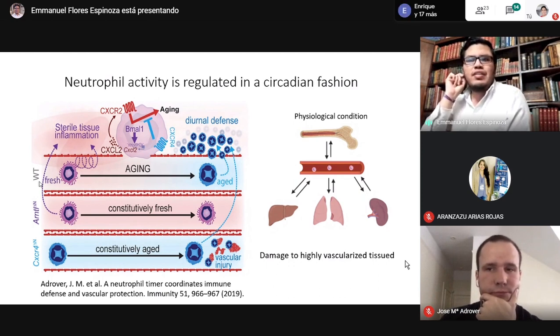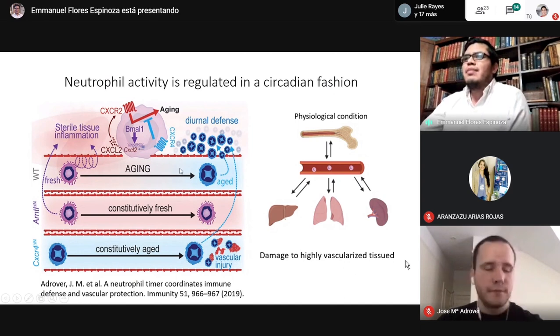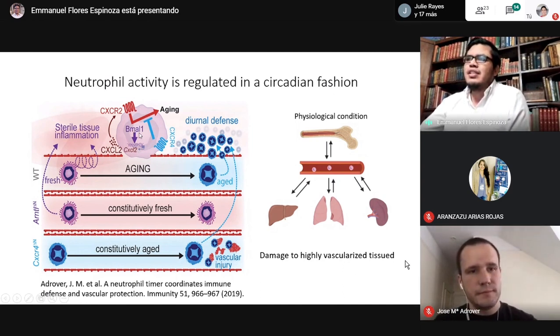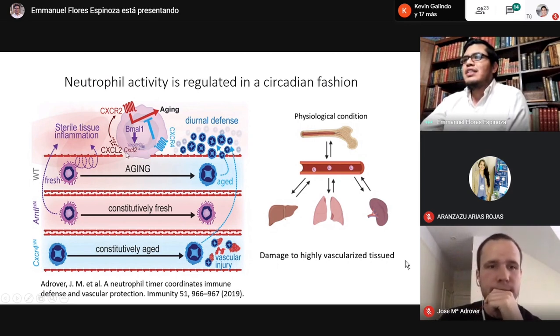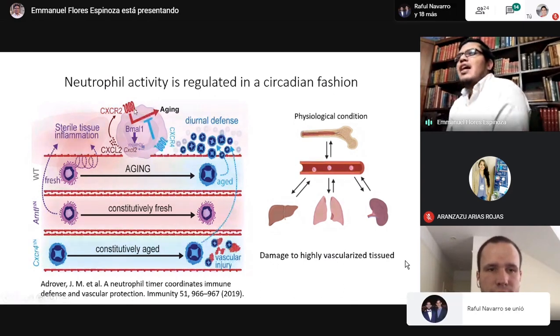This is important because it implies a process of aging over the lifetime of the neutrophils, and they discovered that this process is regulated by Bmal1, a participant of the molecular clock that regulates the expression of CXCR2. CXCR2, in an autocrine manner,